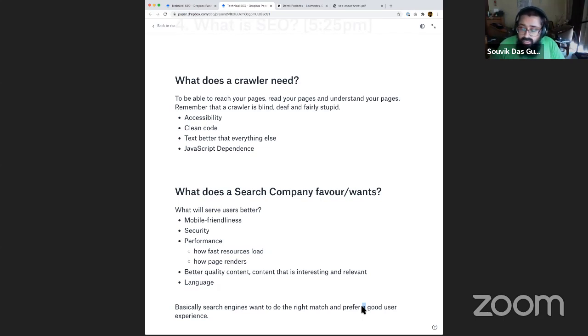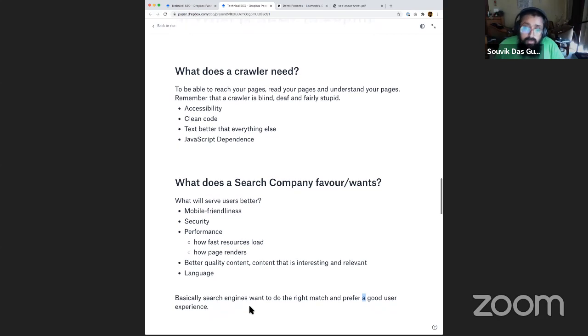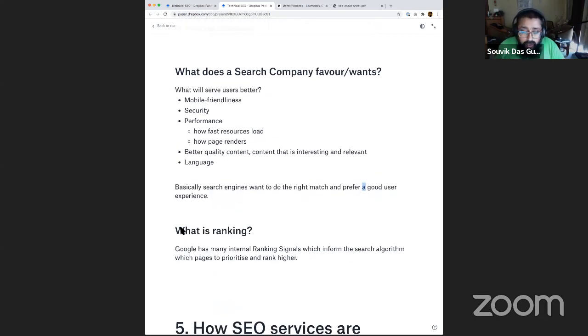So, what does page experience mean? As I pointed out, mobile friendliness, security, performance, and many other things. These are all used in the ranking bit that I said I'll cover in this part. All these factors and parameters convert into something called ranking signals, and a service like Google has probably a couple of hundred ranking signals.